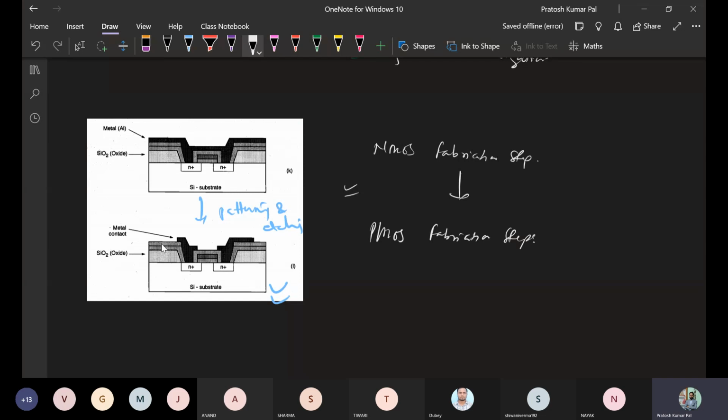The only difference is that instead of using a P type substrate, we will use an N type substrate, and instead of using N plus deposition for source and drain, we will use P plus deposition for source and drain. All other parameters will be the same in PMOS fabrication. Once we know all the steps required for NMOS fabrication, similar steps will be required for PMOS fabrication also. So this is all about the NMOS and PMOS fabrication.